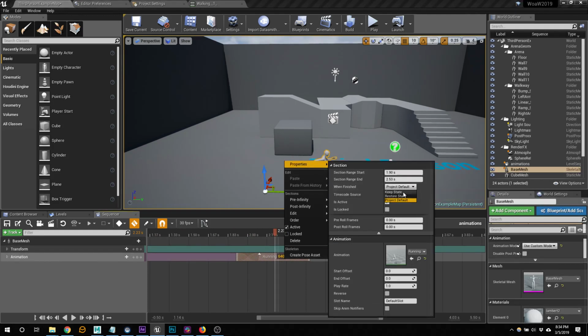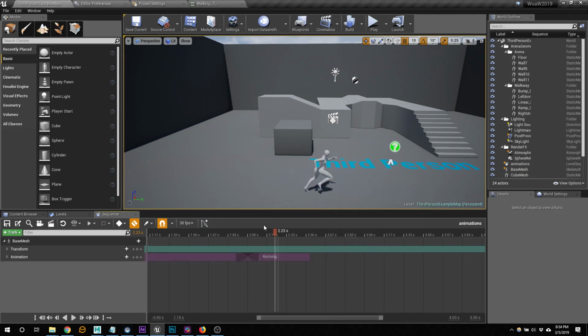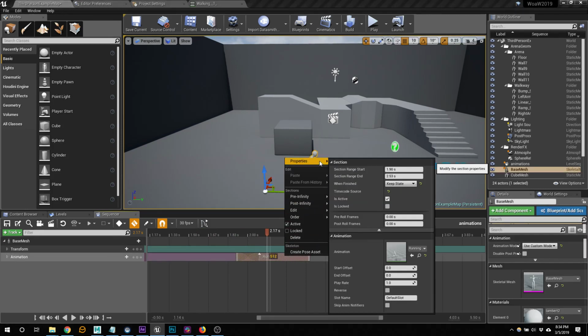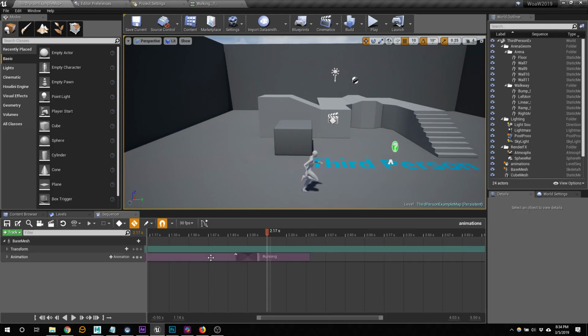If I figure it out, I'll let you guys know. Is locked. Keep state. Okay, so what I'm going to show you is how I would do it, which is